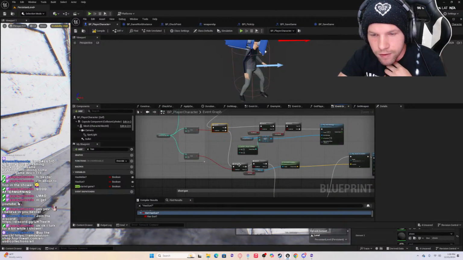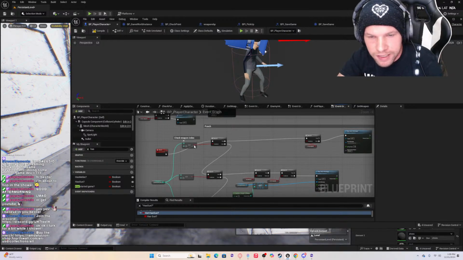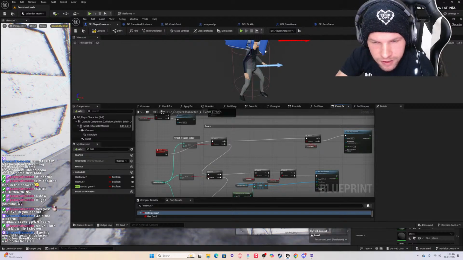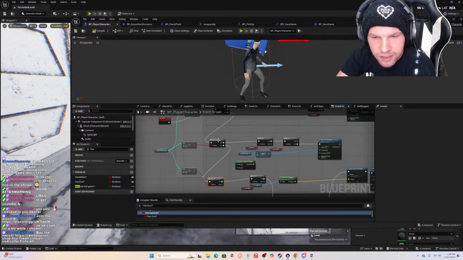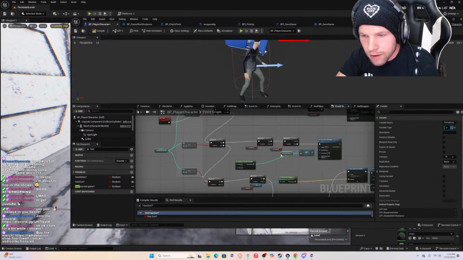If true, if item index is 0, then it will play this. If false, it checks if it is set to 1. If it is, then it will play a swing animation for the melee weapon.